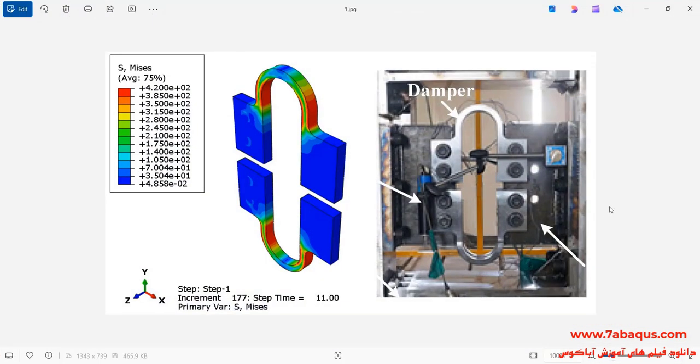In this illustration, we intend to simulate the U-shaped damper under the cyclic loading in the Abaqus software. As it can be observed in the shape, the left side of the damper is fixed, and a cyclic loading is applied to the right side of the damper, and the purpose of this problem is drawing the hysteresis